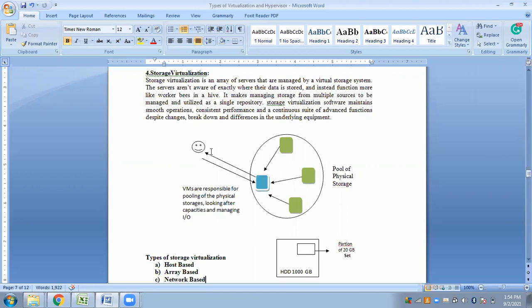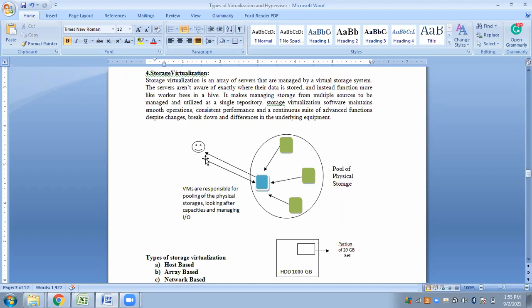Okay, so any request coming from the client will come to this, it will be received by this particular physical storage, and then if it has that data in it, it will immediately send it back to the client as a response. Or if it could not locate it inside it, then it can request the physical storages. Okay, जो data है अगर यहाँ पे नहीं है, अगर है then it will immediately respond back to the client, and if the data is not in here, it will look into the other physical storages, it will get the data from the storages and then it will reply back to the client.